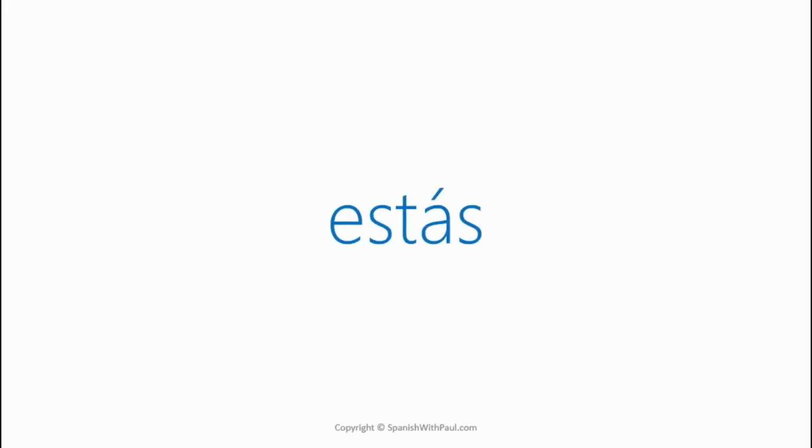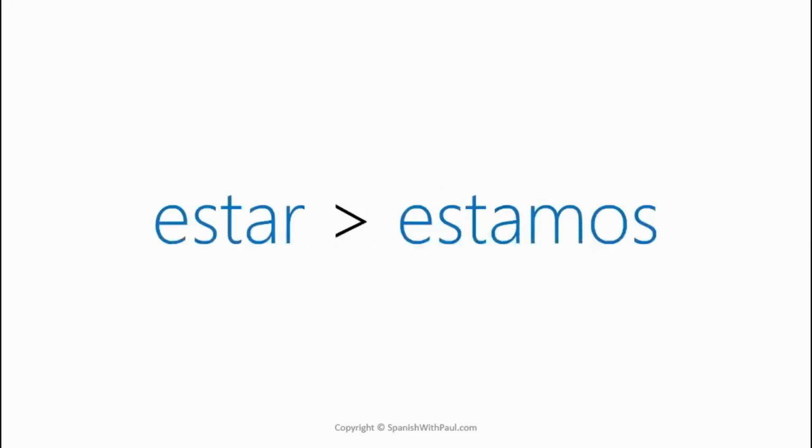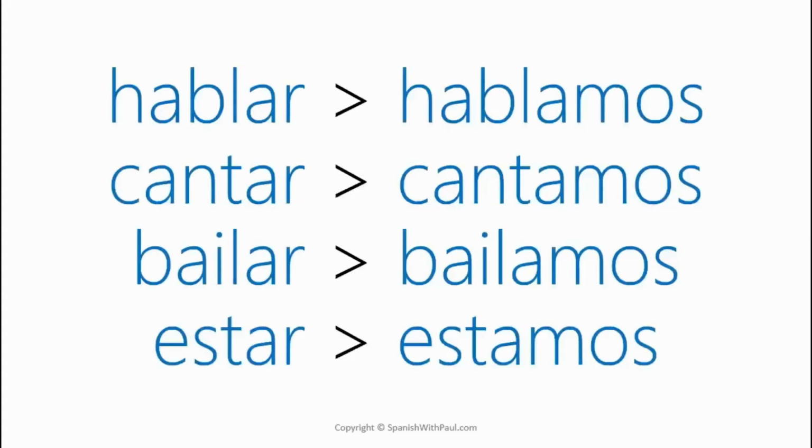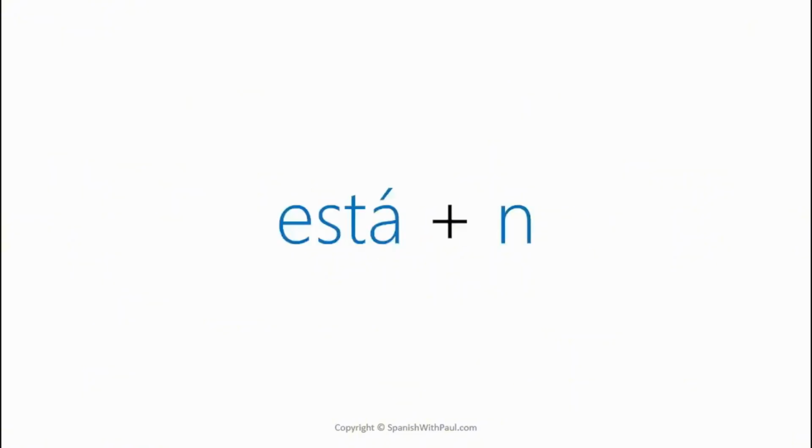Then we have the sound for we are. We go to estar and we add that classic mos sound, just as before with the other verbs, so we get the sound of estamos. We are is estamos. And this sound falls right into line, because if you can remember from before, we had hablar, hablamos, cantar, cantamos, bailar, bailamos, and estar, estamos. Finally, we need a sound for they are. And just as with other verbs, we again go back to he, she, and it and add an n,